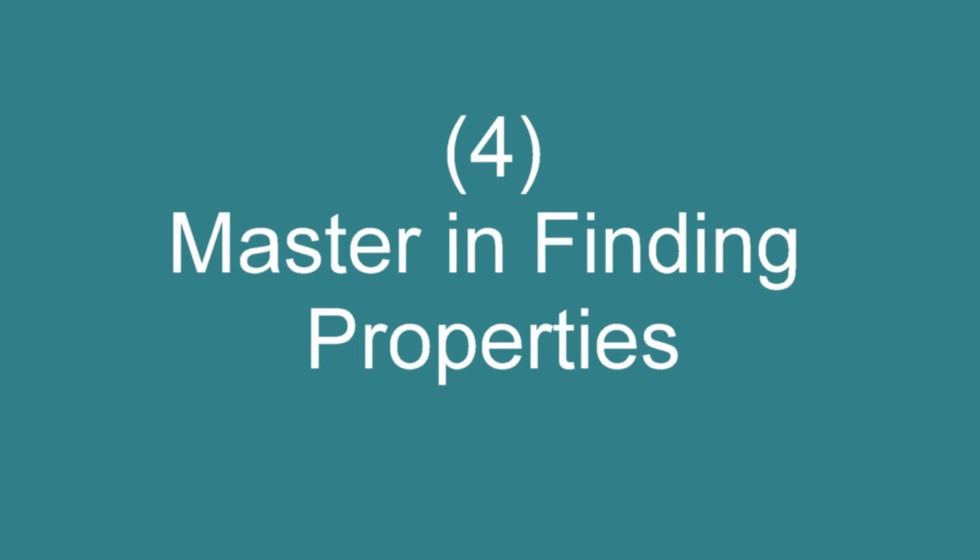Okay, so number 4, your agent must be a master in finding property. So number 1, they can find property on their MLS. So they should be a master in doing really good, narrow, fine-tuned searches that identify really great properties for a buyer. They need to have access to pocket listings, and they also should